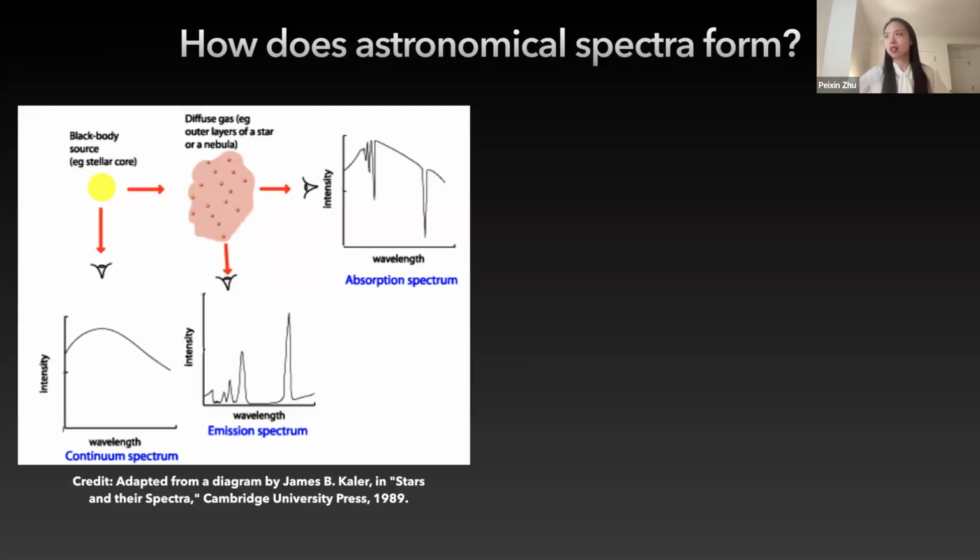Metallicity is basically the idea of compositions. But in addition to that, we also care about the fraction of non-hydrogen atoms compared to hydrogen atoms. That reflects star formation, how many generations of star formation have happened. So the composition, the metallicity, is an important parameter for us to understand the diffuse gas in the extragalactic